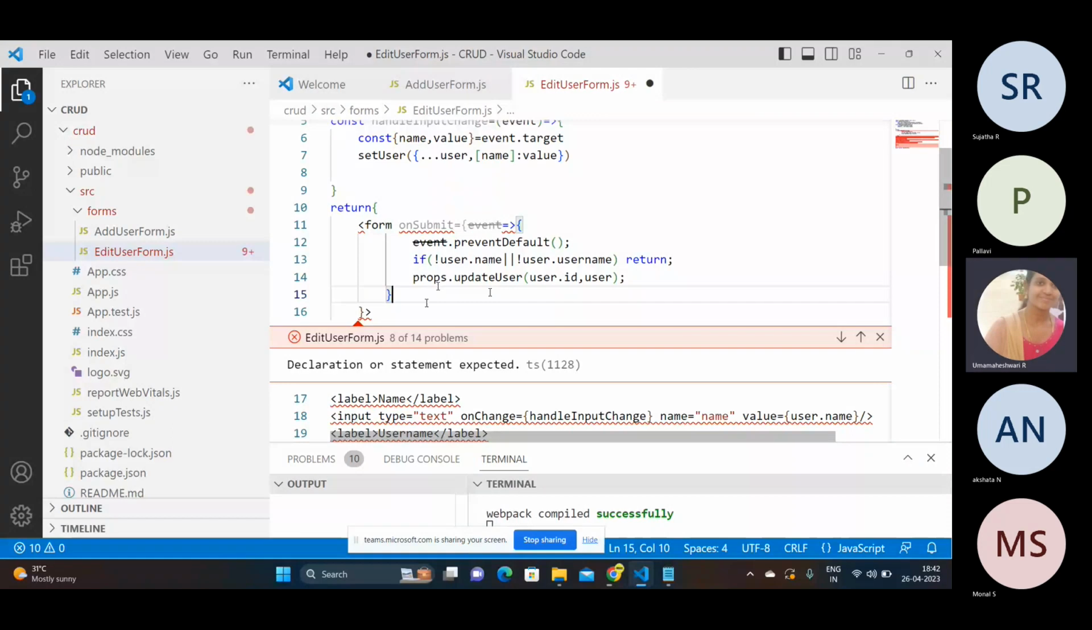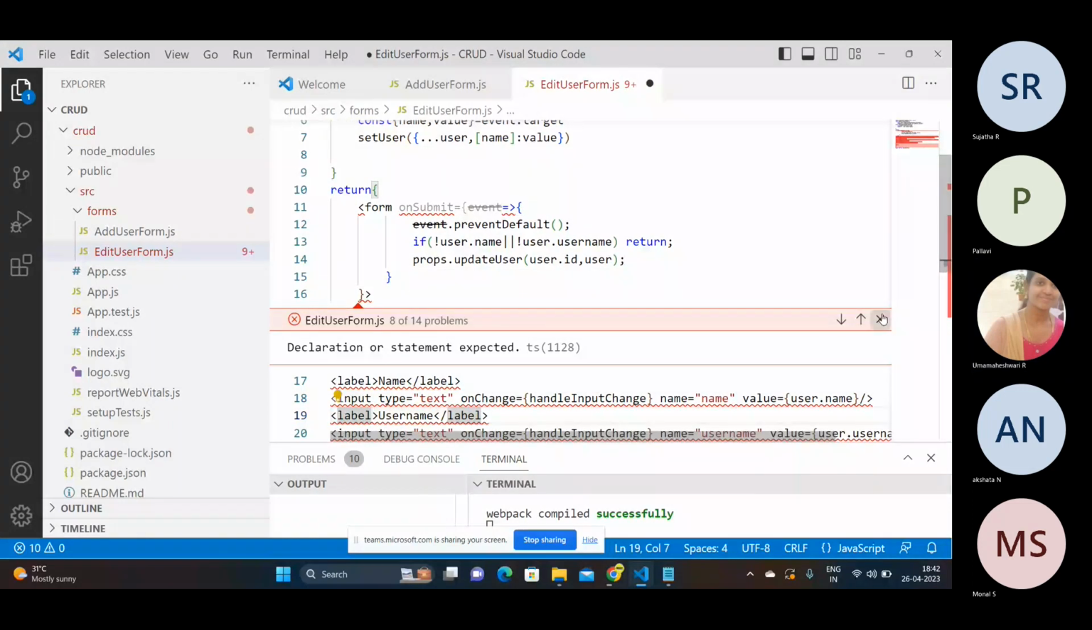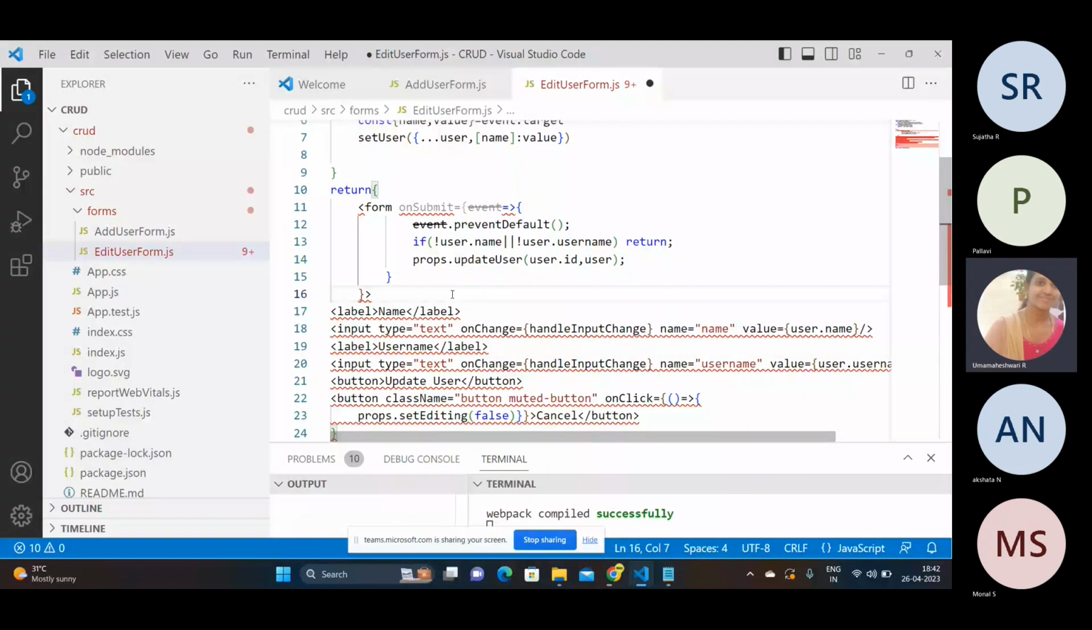So on submit event, I'm just calling prevent default, and if user is not equal, it will return. Then props.updateUser(id, user), and then I've closed it. Now, after this,